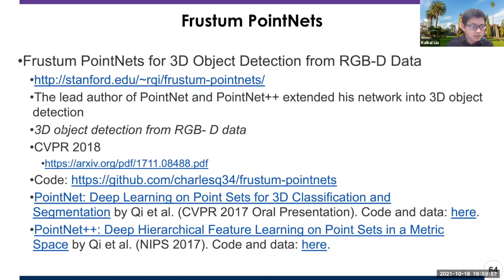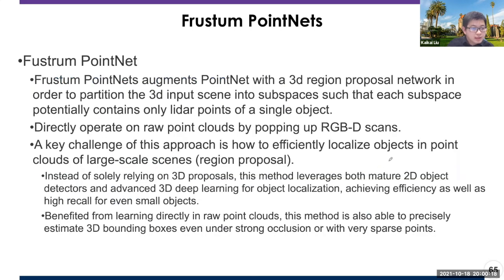Okay, so now go to 2018, right? There's one famous paper called Frustum PointNets for 3D detection. This is by the lead author of PointNet and PointNet++, extending to the 3D object detection area. You can check their code in Frustum PointNets. What Frustum PointNet did is augment PointNet with a 3D region proposal network, because they need to partition the 3D input scene into different subspaces. Then each subspace can have the lidar points that they can classify into